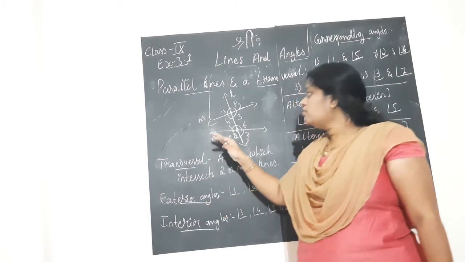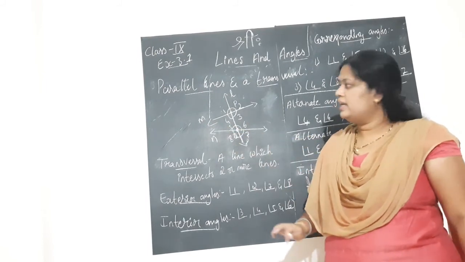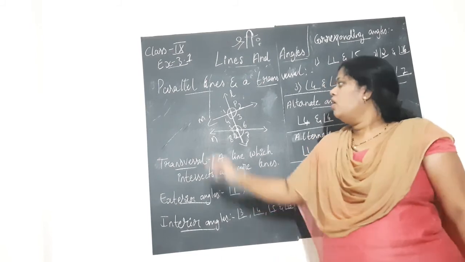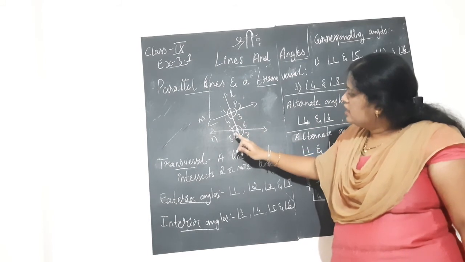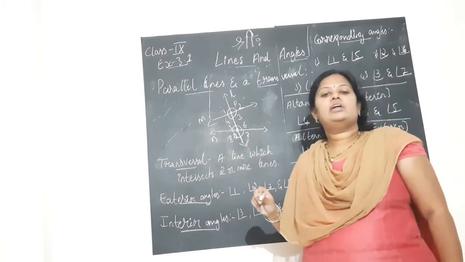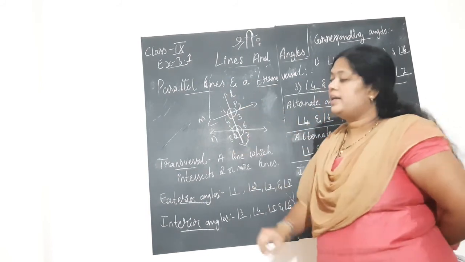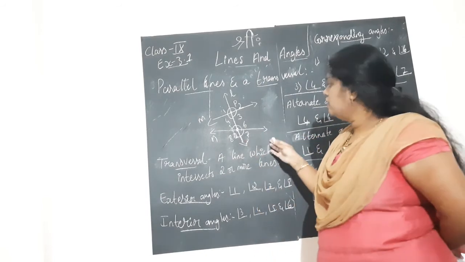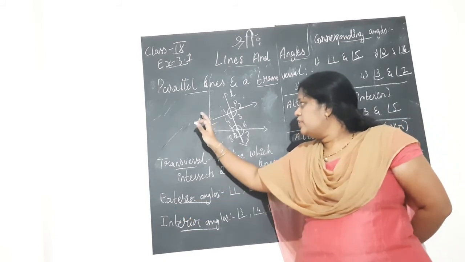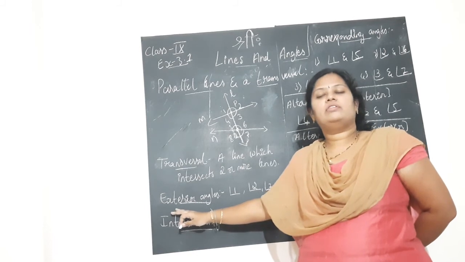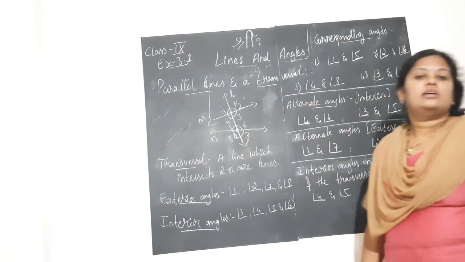Next we shall study, first go through this picture. Here in the figure, children, M and N are the parallel lines and L is a transversal. On drawing L, the intersection point with line M is labeled P and the intersection point with line N is labeled Q. Next you can see the angles marked 1, 2, 3, 4, 5, 6, 7, 8. Eight angles are marked. You can have a look at this figure and in your textbook as well if it is not clear here. Now in this figure we shall learn how to mark the exterior angles, interior angles, corresponding angles, alternate angles, everything, children.